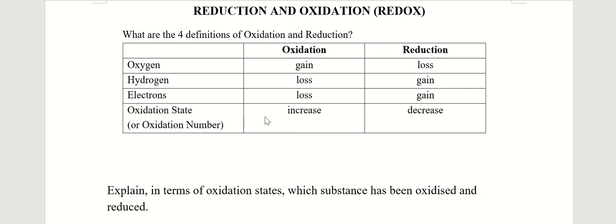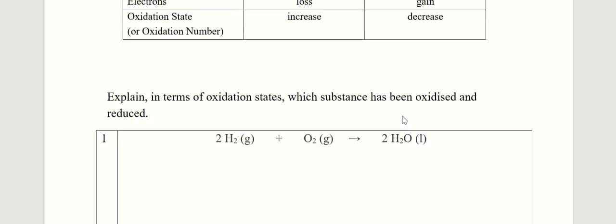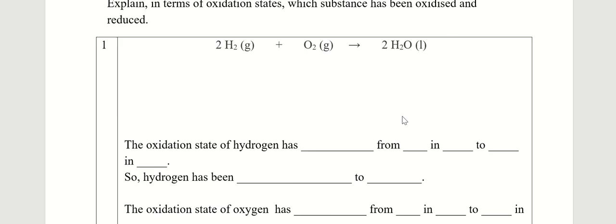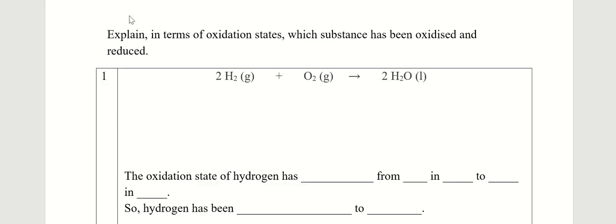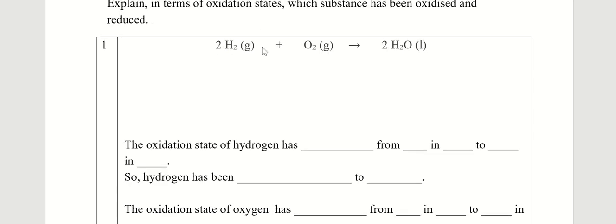So the definition is that a substance is oxidized when its oxidation state increases, and a substance has been reduced when its oxidation state decreases. Okay, now in the previous videos we have gone through how to assign oxidation states of elements in various substances. So today we shall use several examples to go through this fact. Okay, so the question is, explain in terms of oxidation states which substance has been oxidized and which substance has been reduced. So in this first reaction we can see that hydrogen